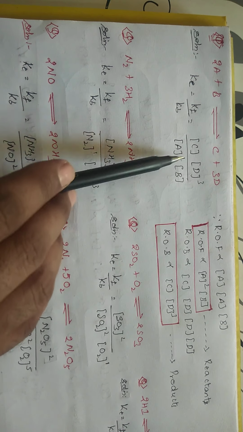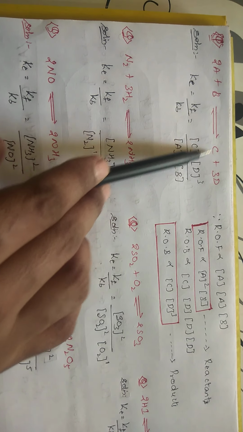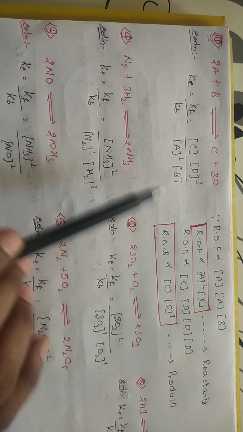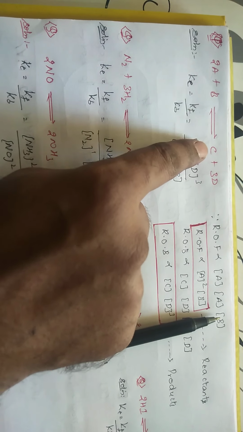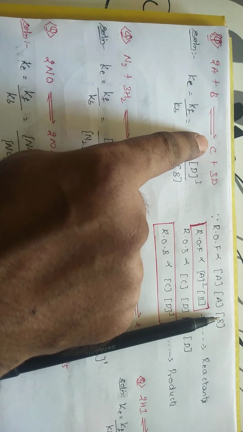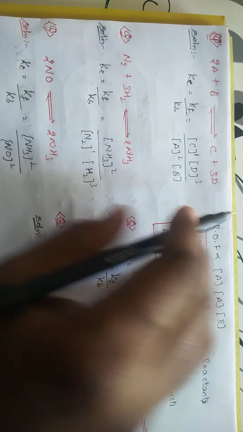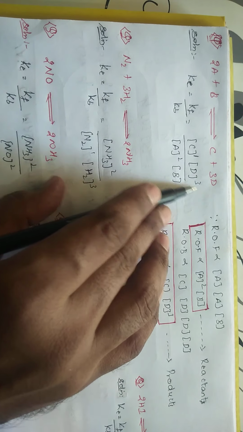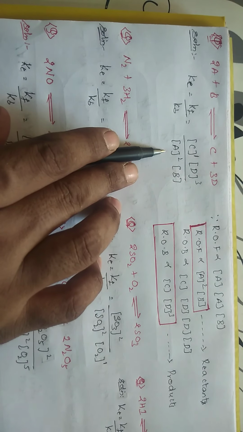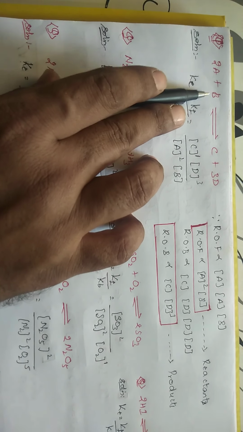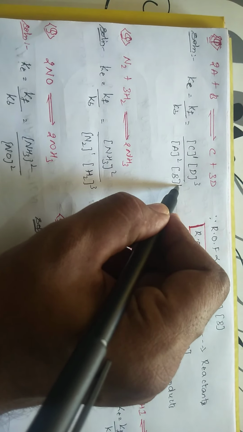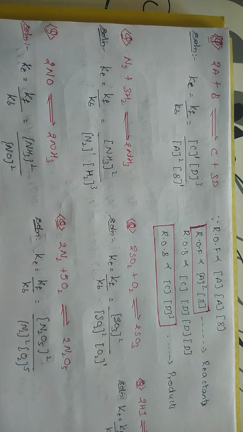So you have coefficient 1 here, you can take it as 1. You have coefficient 1 here, you take 1. Simply for writing that, the concentrations of products C and D are present. What is the coefficient? The coefficient of C is 1, so it will be the concentration of C to the power 1, and the concentration of D, whose coefficient is 3, to the power 3. The concentration of A, the reactant, at the bottom, is the concentration of A whole square. For B you have 1, so it is B to the power 1. This is the way, this is the correct one.